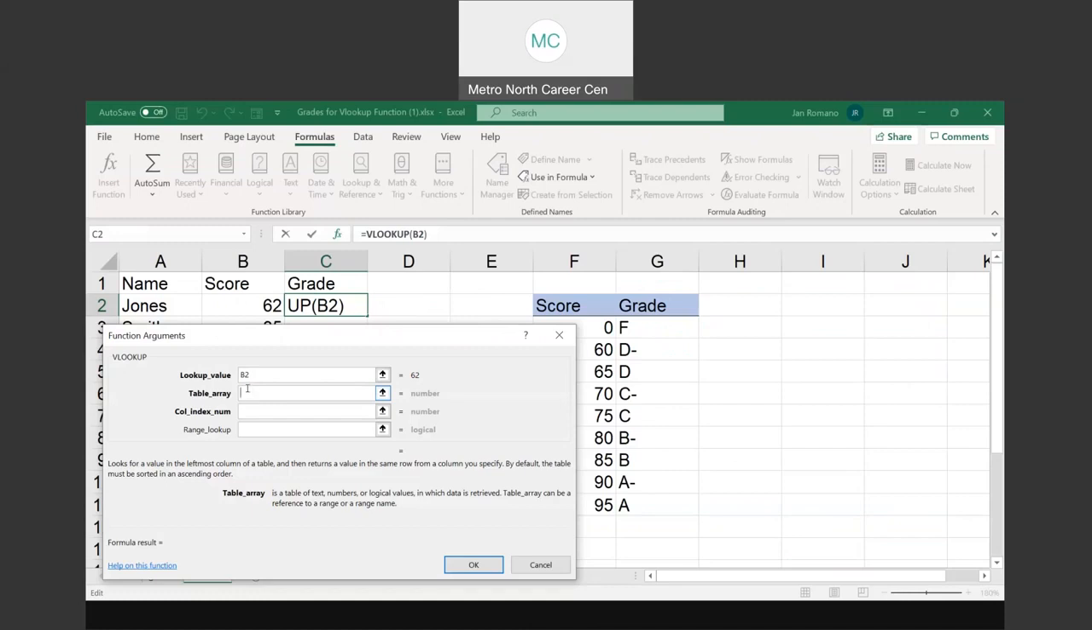So right here, I could type grading underscore scale, which is the name of my text and numbers that I highlighted and gave a name to. It's my grading scale. I don't like to type though. I might make an error. So instead, I click here on Table Array,